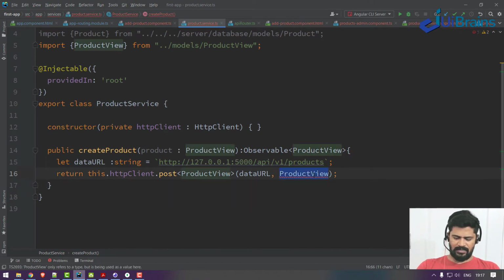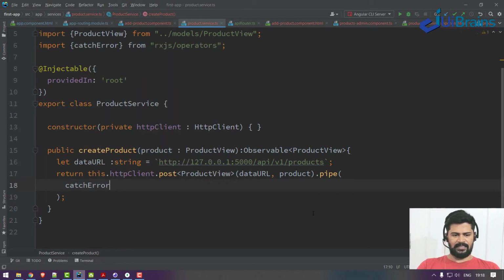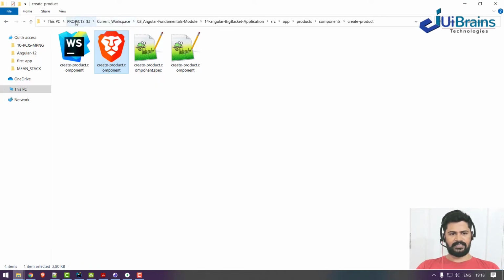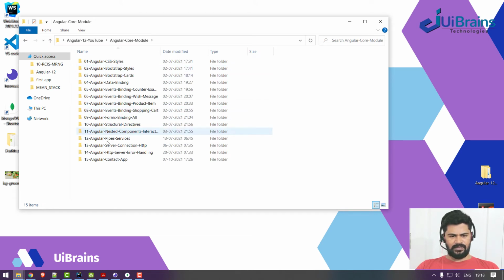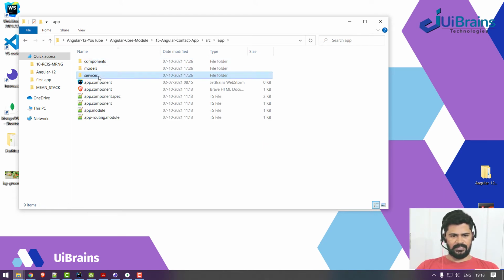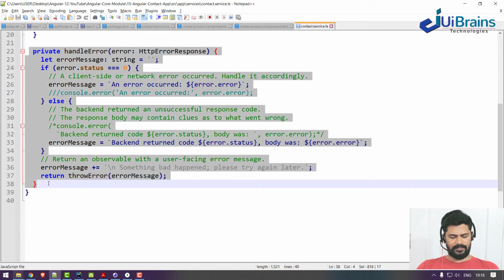Oh sorry, it's a Product, the parameter which is product. Okay, and .pipe, you can just say catchError, but for error handling, we already had the error handling story, right? So when we had the Angular source code, we have error handling. So why can't you get the error handling of the service? Yeah, this is error handling.